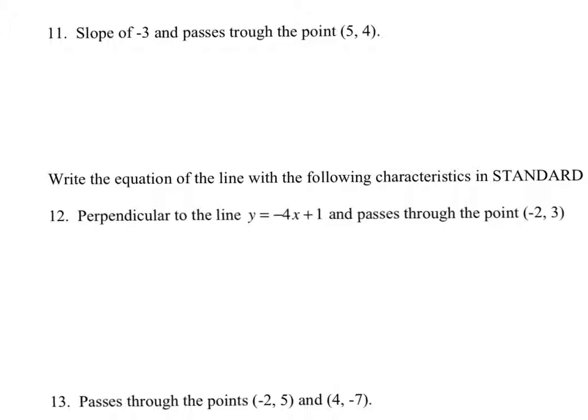For number 11, we have a slope of negative 3, and our line passes through the point 5, 4. So since we're given a point and a slope that the line goes through, we're going to use point-slope form, which is y minus y1 equals m times x minus x1. So for my y1, I'm going to plug in a 4. I'm going to plug in negative 3 in for my m, and I'm going to plug in a 5 for